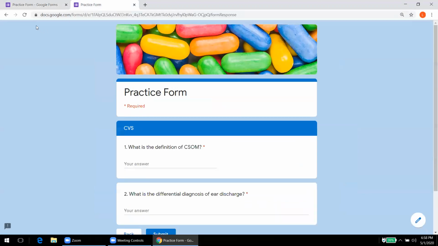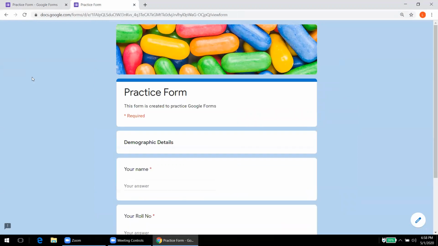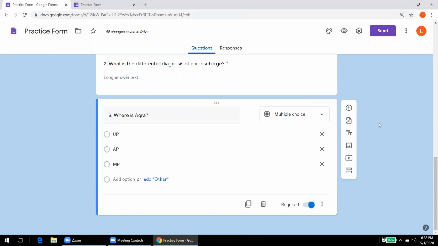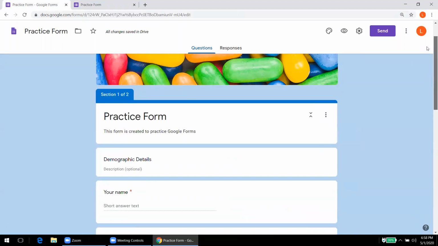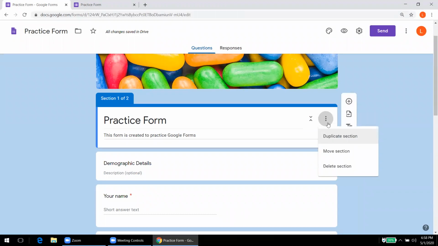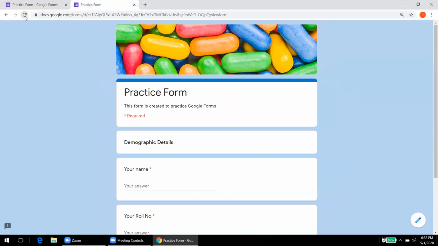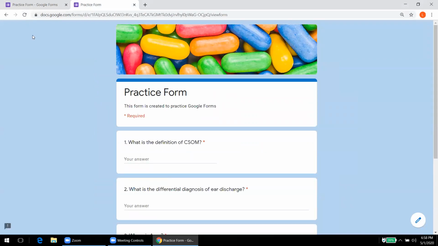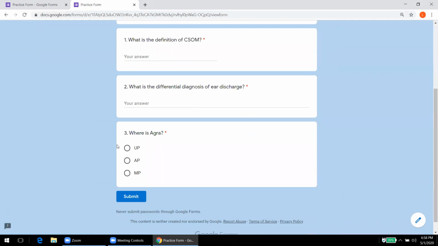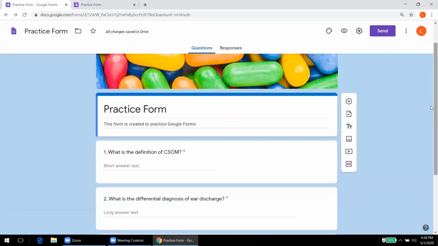Now let's see how it looks in the Google form. Okay, so I think I'll remove section 1 because again and again it will ask me to fill it, and for demonstration purposes I'll just remove this first section. Now we'll see how an MCQ will look from the student's point of view. It will look like this, where the student will have to choose a single best response. So this was another type of question, the MCQ type.